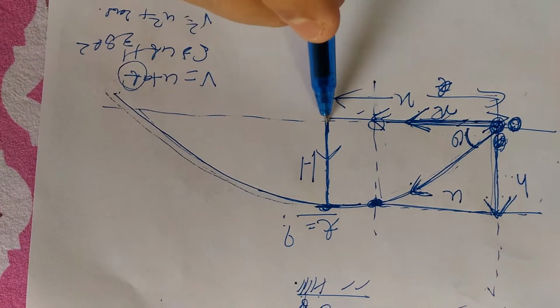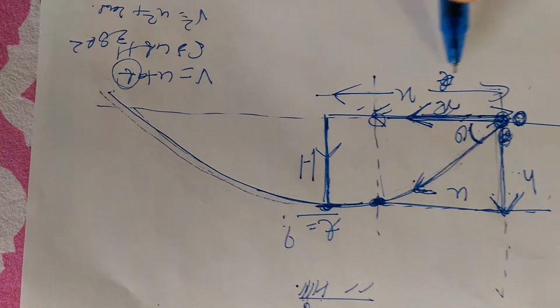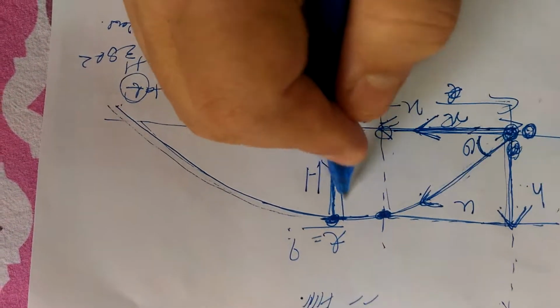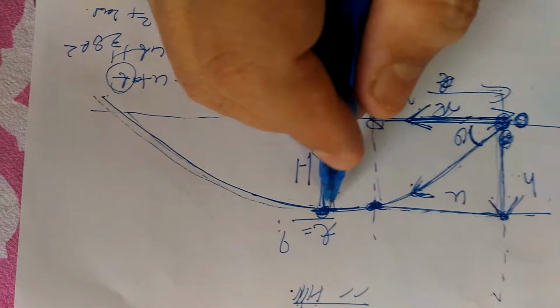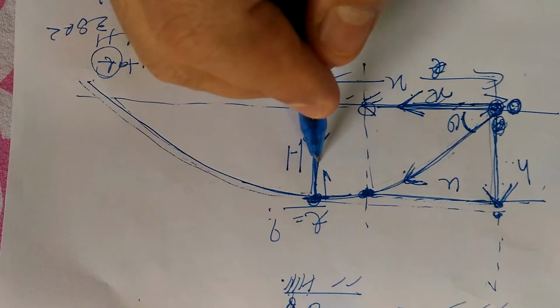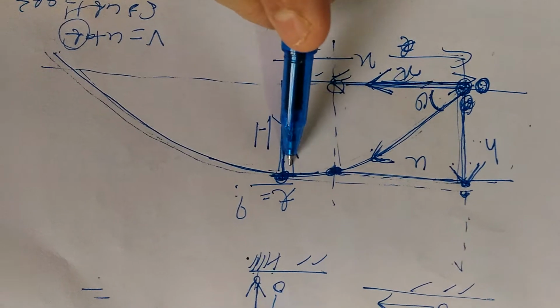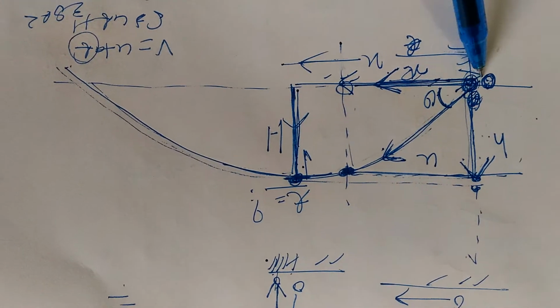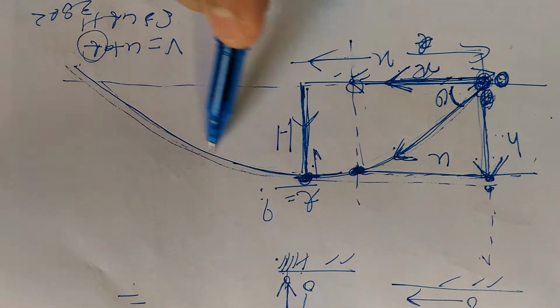Since the vertical stone is going away from the Earth's surface, this is the highest point. After that it will return back. That means the motion can be imagined in this way. If you are throwing a single stone, it will travel in this way, then it will travel this path.